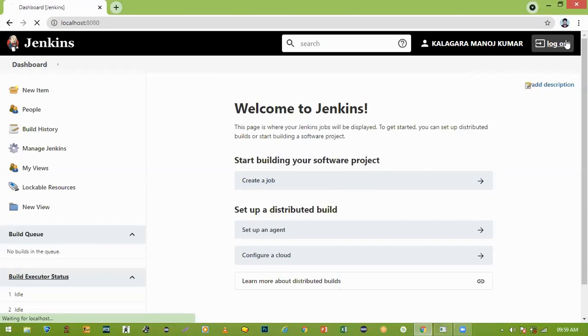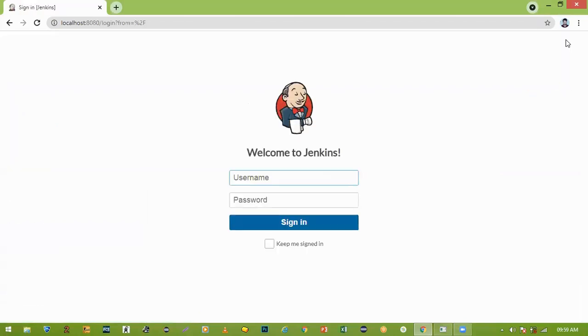Yes, sir. Sir, the Jenkins page is coming like this. Log out. Yes, very good, sir. Concentrate. I am working on the Manoj screen. Please, if you are not able to see anything, you can immediately message me. I will tell the process carefully. After that, I will upload this video just to go through this. Manoj, enter your username and password. Manoj, okay. Password enter. Yes, sign in.